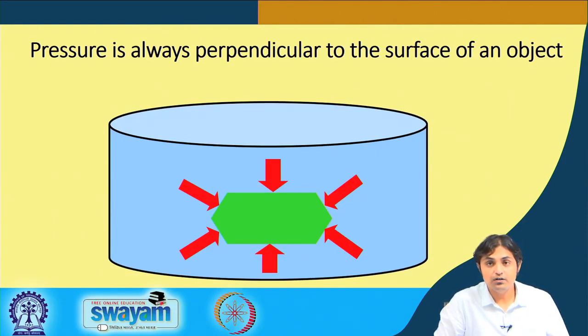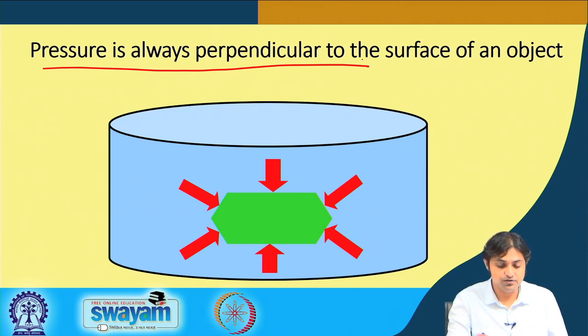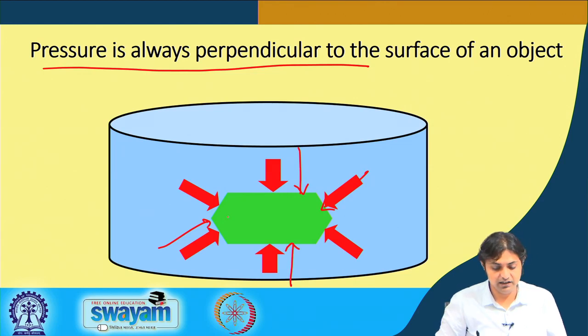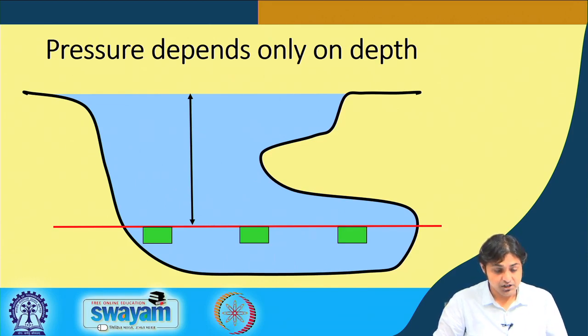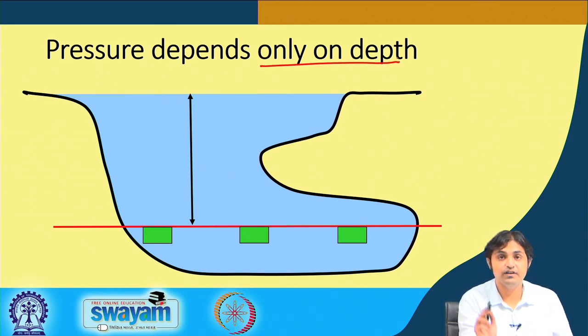One of the other important features of pressure is that pressure is always perpendicular to the surface. This is very important. As you can see, if this is a surface, we have a perpendicular like this, on this surface like this, on this surface like this. Here we have indicated it by the thick red arrows. And the pressure depends only on depth. We are going to see that. We will do some basic derivation later in this lecture, where you will see that the dependence of pressure is only on depth. This is very important to note.